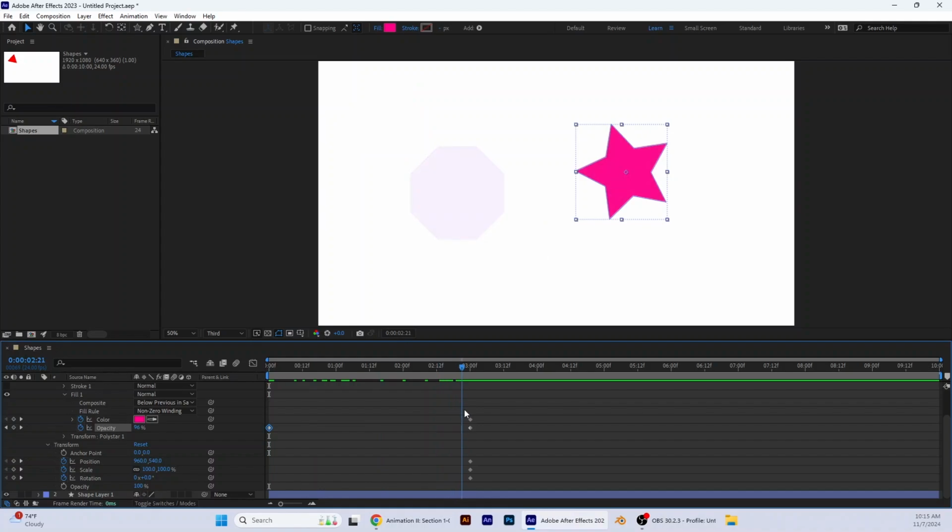So we need to go to right before 3, right here, and turn that opacity back down to 0. That way from here to here, it stays at 0, and then it turns on right here. But then look, so here, look at these shapes. They're starting to fade out. So what we will need to do there